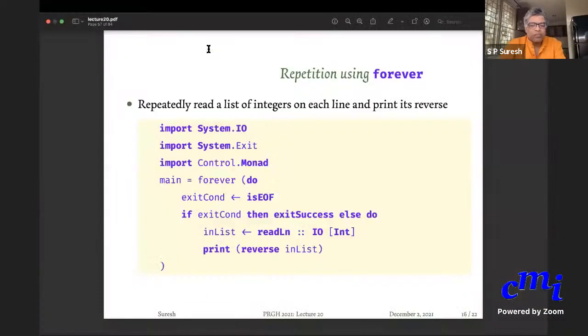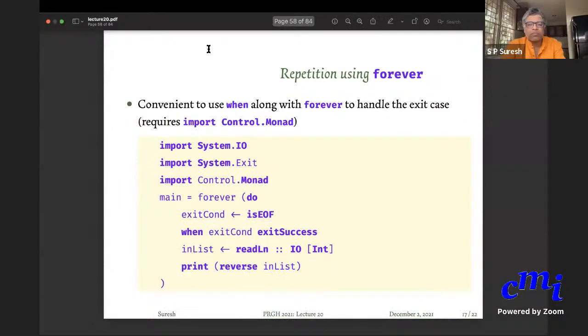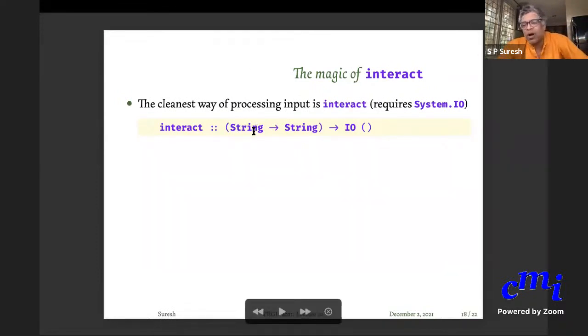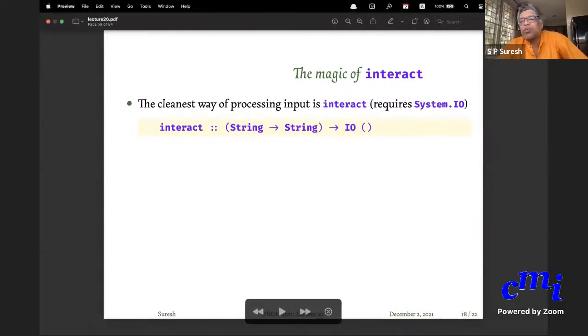Finally, there is one way of doing this thing, which is the final thing called interact. Interact is a very nice way of doing input output. I'll use 10 minutes and then that will finish this.